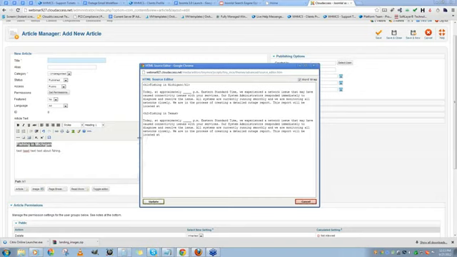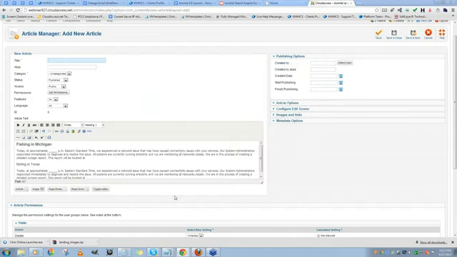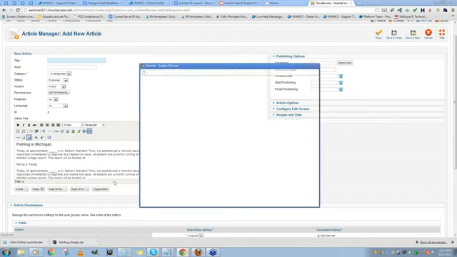You would have an H1, finish this, closing tag. And of course, you don't have to memorize this HTML because it's really not needed. I'm doing it in the editor just to show you. If you update this, you can highlight that, and you could have done it with the editor. You could have done an H2 here like that, and then if you go back and look at the HTML,